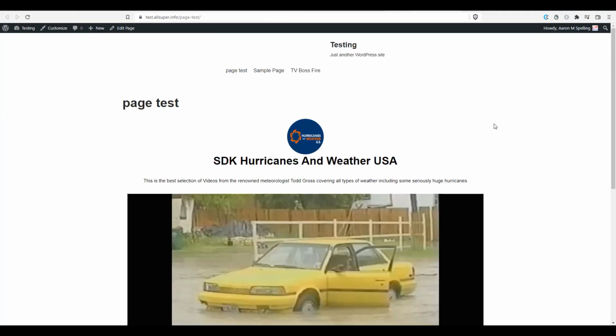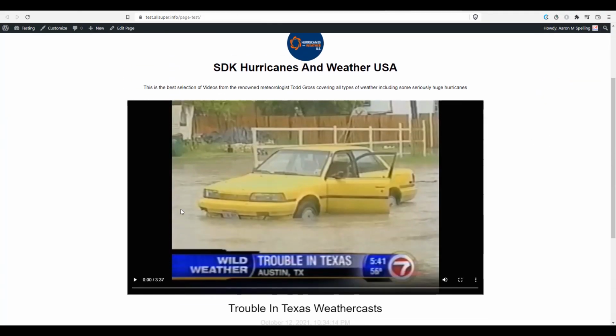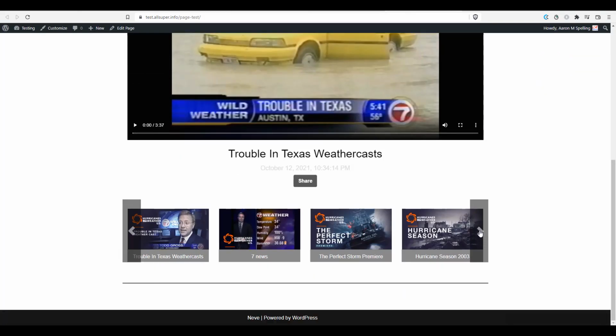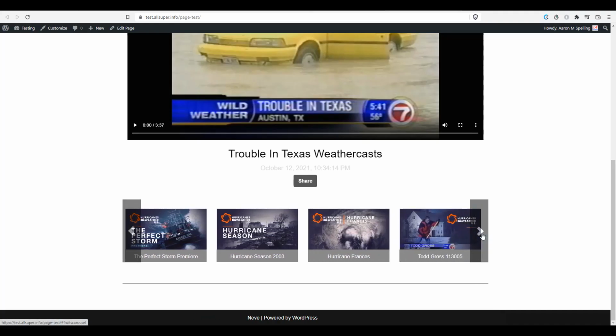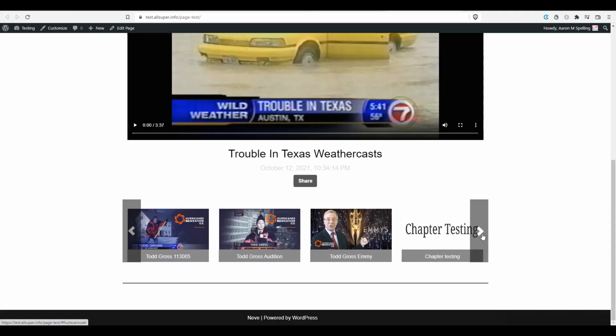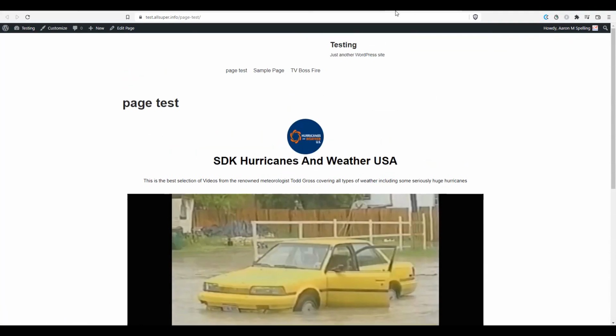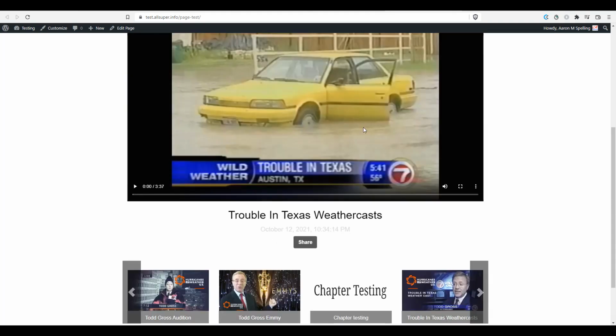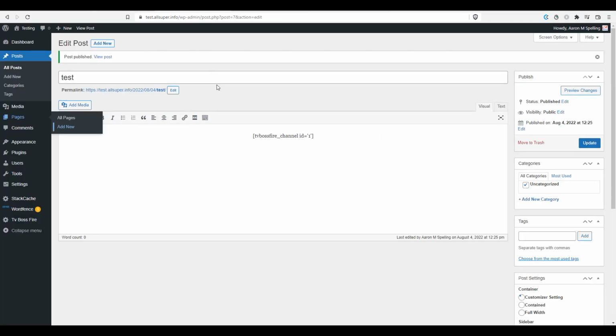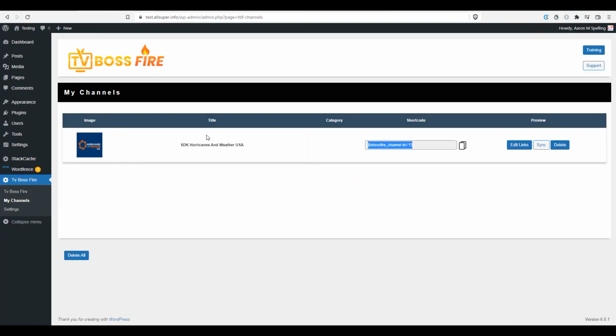Here are a couple things to keep in mind. The plugin is tested and built using the latest WordPress security encoding requirements, so ensure that you always run the latest available WordPress version. Let's get back into the settings. And as I said previously, you can add your channel store links from the Amazon Channel Store and Roku Channel Store in the Edit Link section.